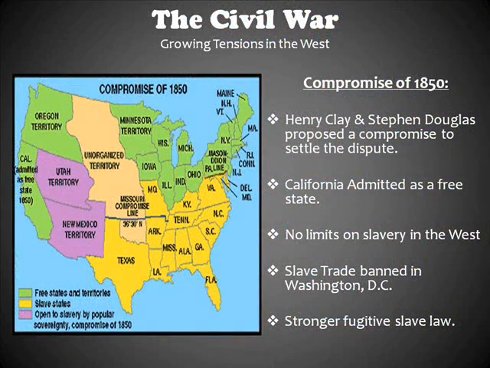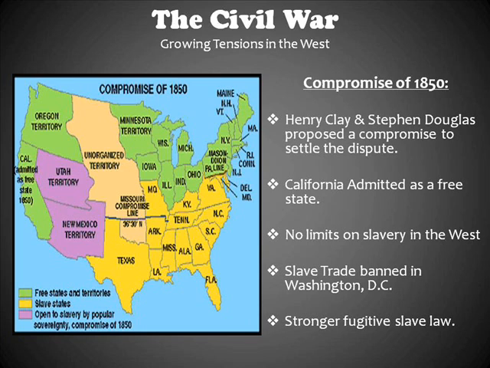So it was up to Henry Clay, the great compromiser, the senator, to find a solution. He proposed that California come into the Union as a free state, but there is no limit on the rest of the western lands. Also, he proposed that the slave trade would be banned in Washington, D.C. So that meant that there no longer could be any buying and selling of